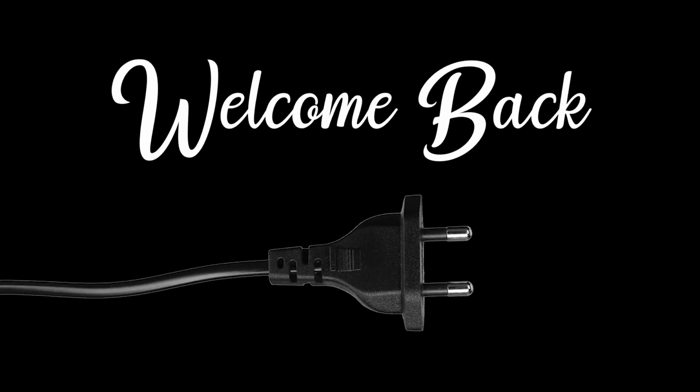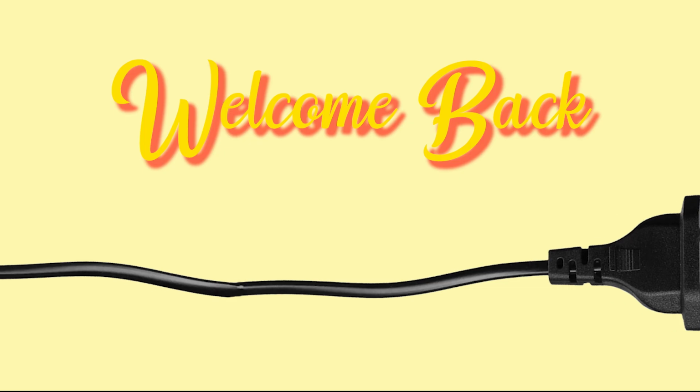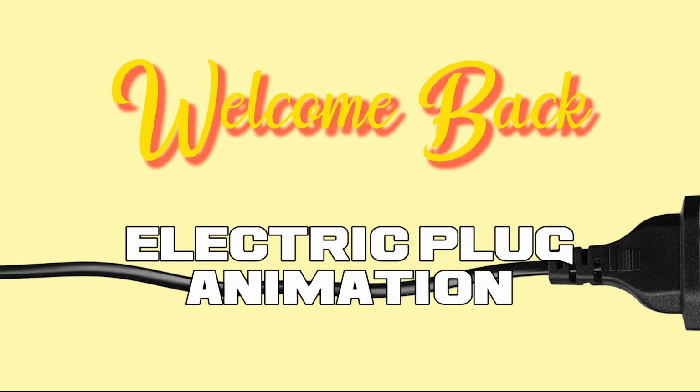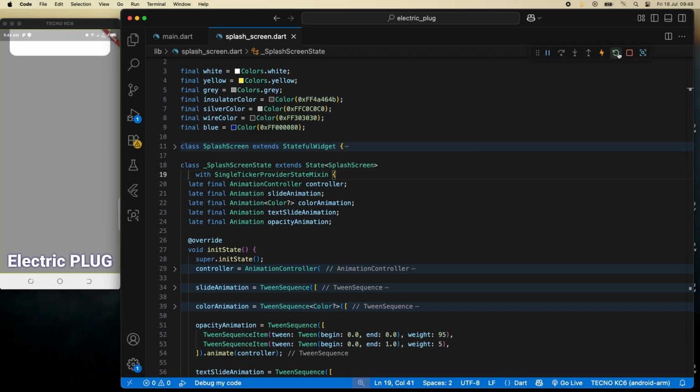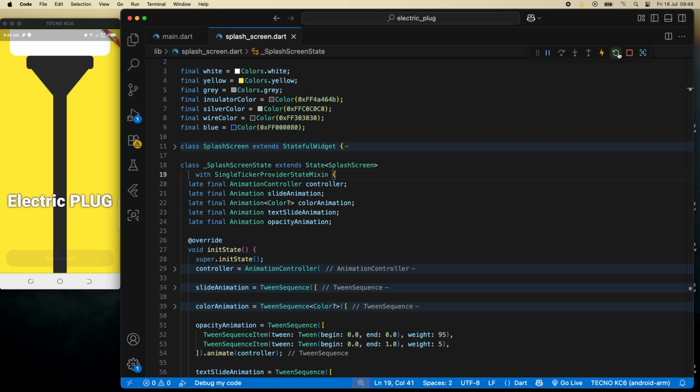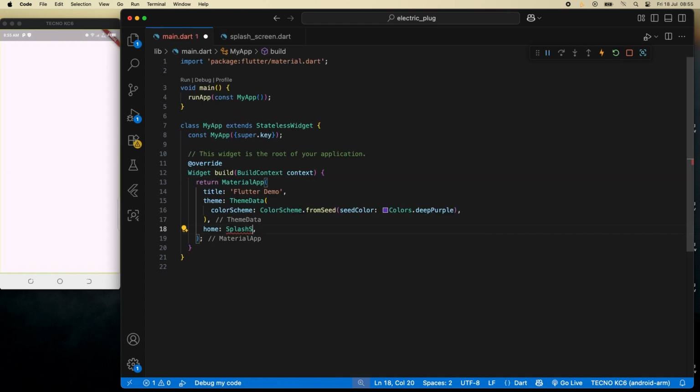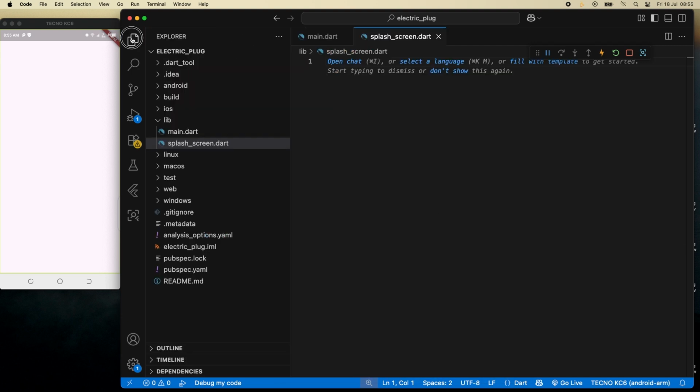Good day guys, have you ever struggled to create animated splash that fits your application purpose? Today we will be creating an electric plug animation from scratch without using any library, and this will be used in our splash scene. To start, we'll create a blank project,